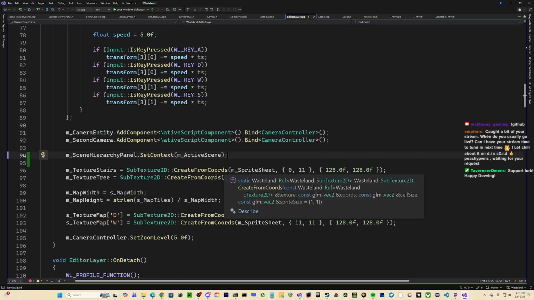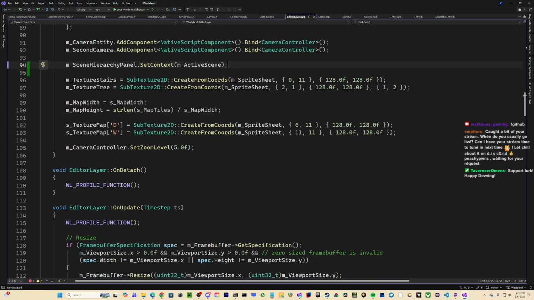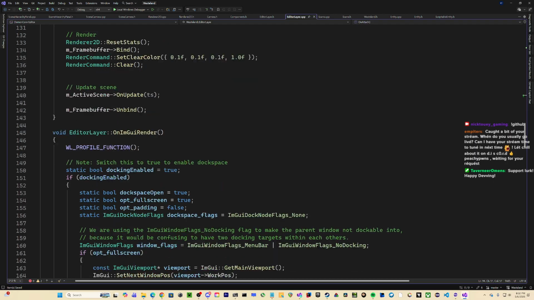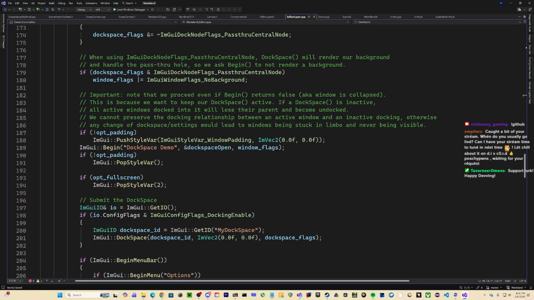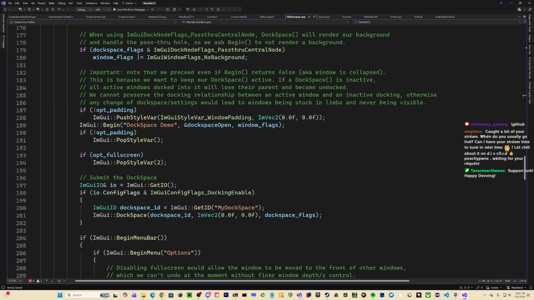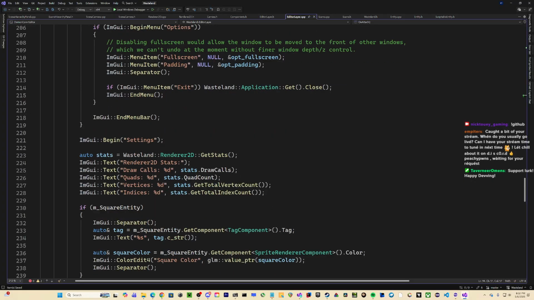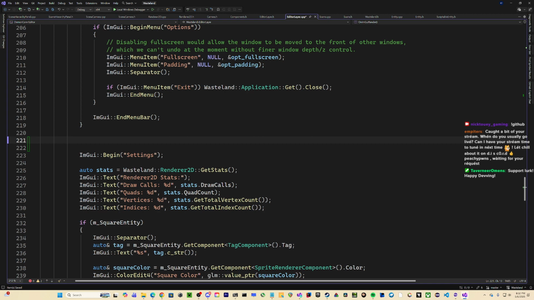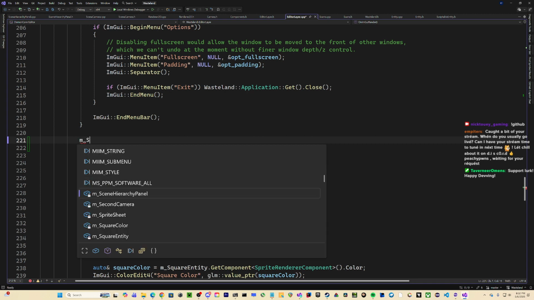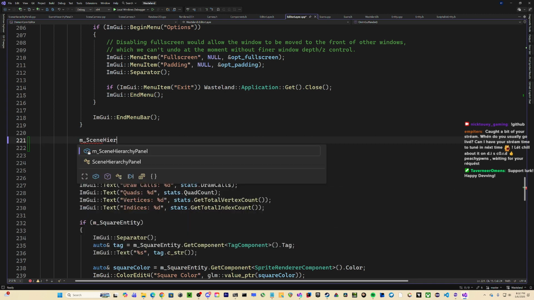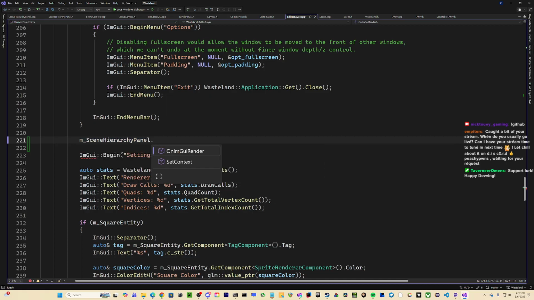I'm gonna be annoyed. Not pissed off, I would just be ever so slightly annoyed. Where is my stuff at? There. And then scene hierarchy panel dot on ImGui render.